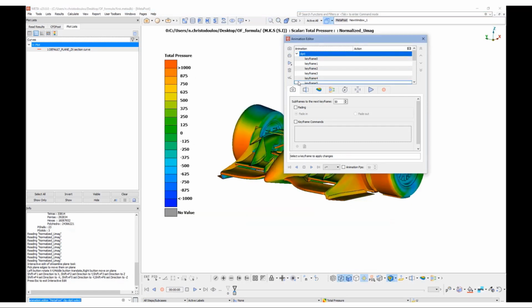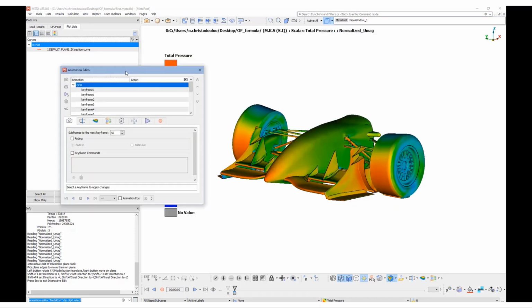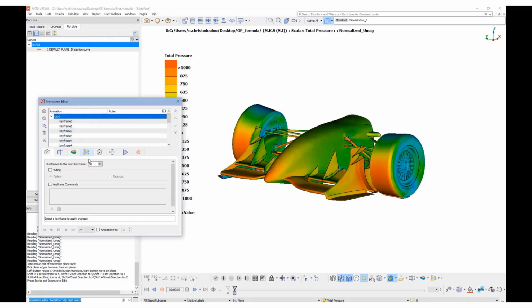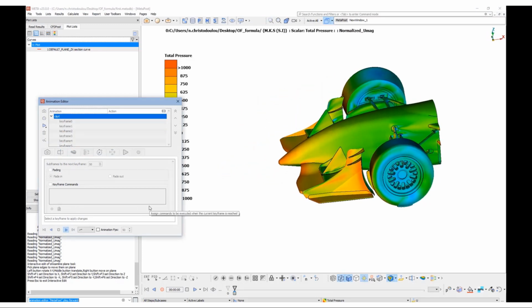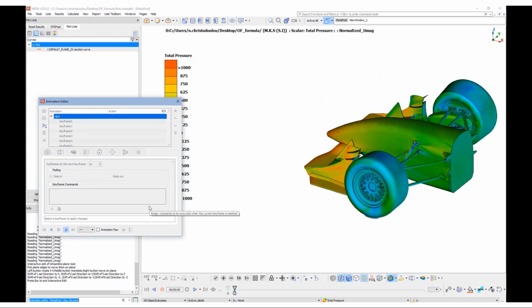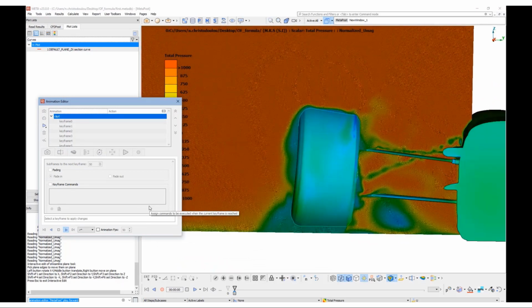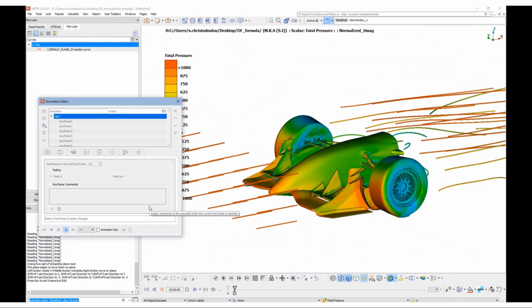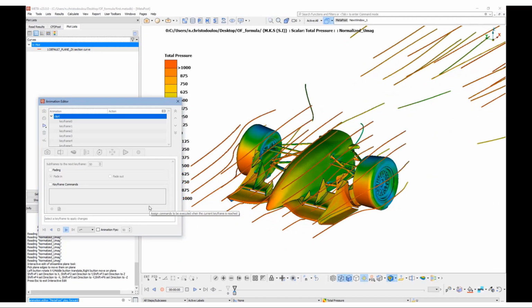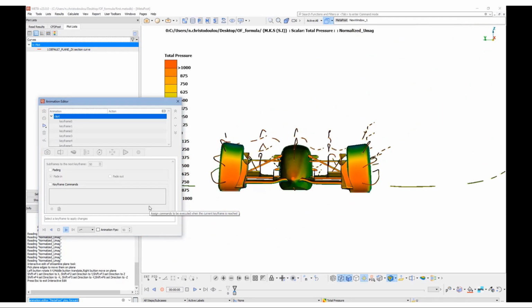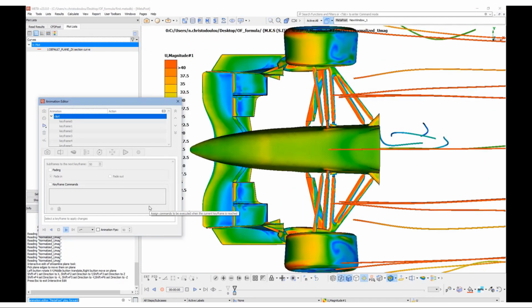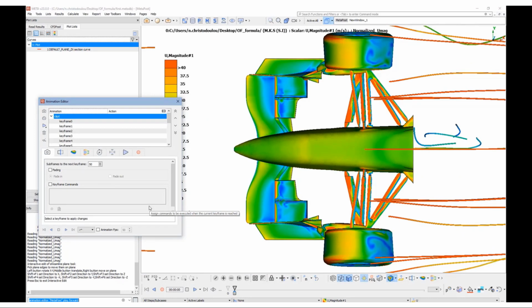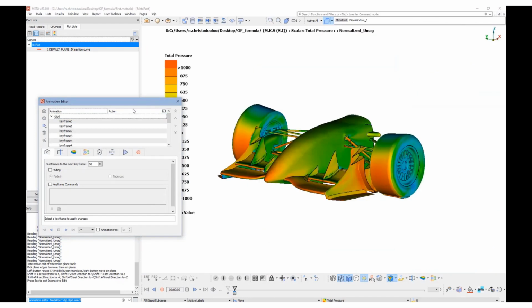So let's preview the animation now. The preview of the animation seems good.